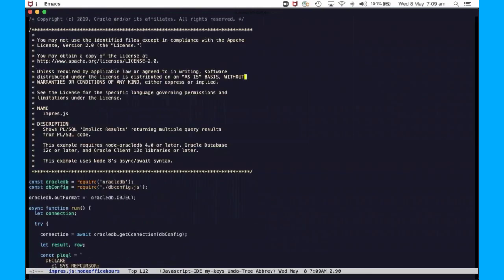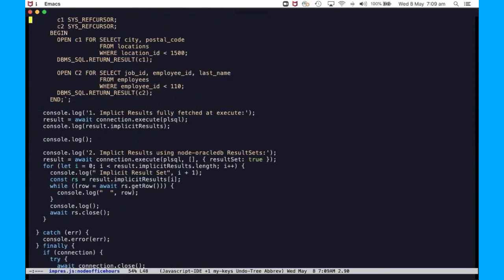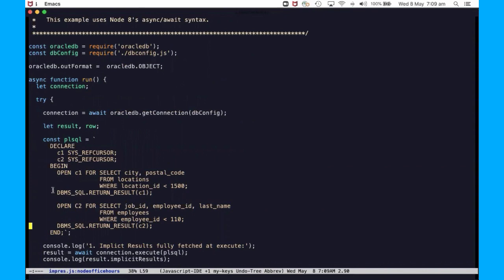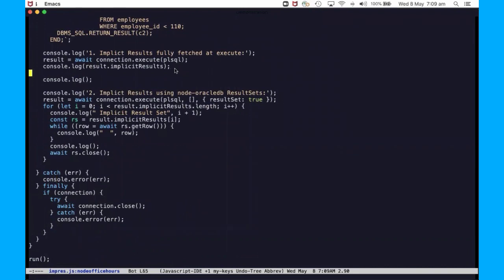With implicit results, and here I'm using an anonymous block, but it doesn't really make a difference whether I'm using a procedure or an anonymous block, there's a new DBMS_SQL call, in one of the recent versions of Oracle, 12.1. You'll notice there's no bind variable in here, no colon, and no parameters passed. I'm just saying here, return this cursor back to the calling program. And then via the magic of work that we've done, we now have in the result object, when you do an execute, and this is the async await syntax,